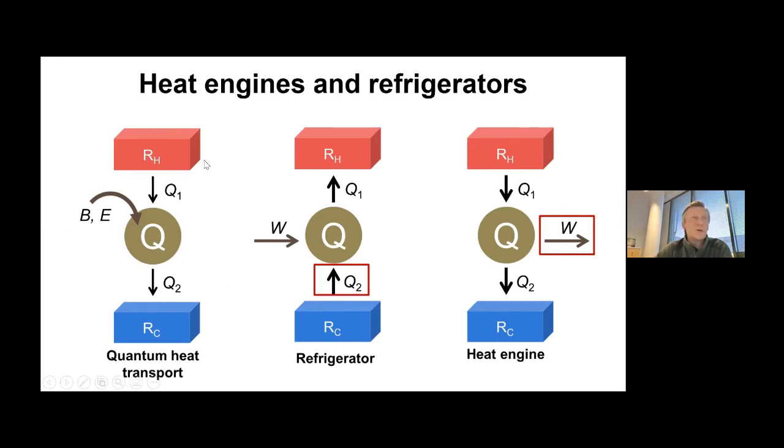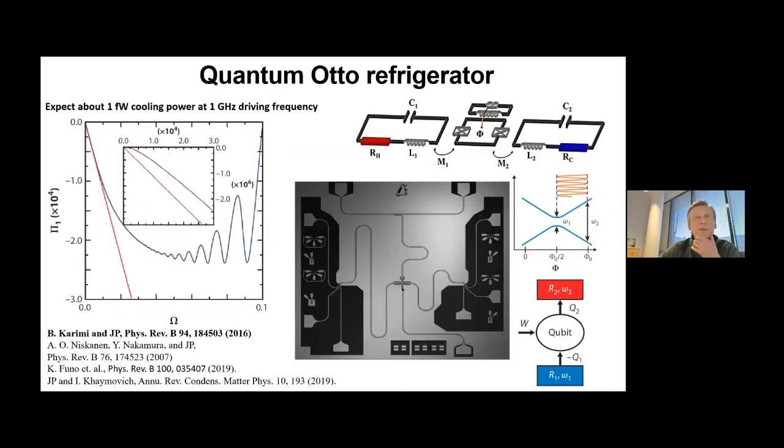So instead of doing what I have been talking about all the time, a passive heat transport experiment through this quantum system, we try to make active refrigerators by applying time-dependent fields on this qubit. By this we can do work on this working substance, and this way we can hopefully carry heat from the cold bath to the hot bath. So this experiment, we don't have results on this yet, but the interesting things